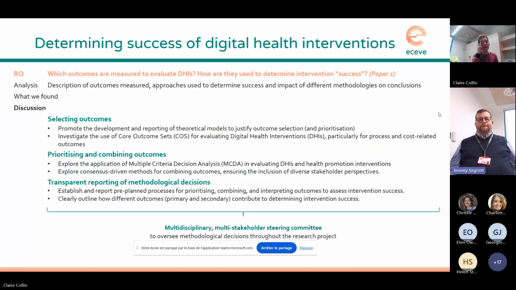Here are some of the discussion points around selecting outcomes, prioritizing and combining outcomes, and transparent reporting of methodological decisions. So we really promote the development and reporting of theoretical models to justify outcome selection and prioritization. And we would like to investigate the use of core outcome sets for evaluating DHIs, especially for the process and cost-related outcomes. We're also looking at exploring the application of multi-criteria decision analysis and multi-criteria decision making. I don't know if you know these methods in evaluating DHIs, and explore the use of maybe consensus-driven methods for combining outcomes, and really to look at a more transparent reporting of the methodological decisions to allow for reproducibility